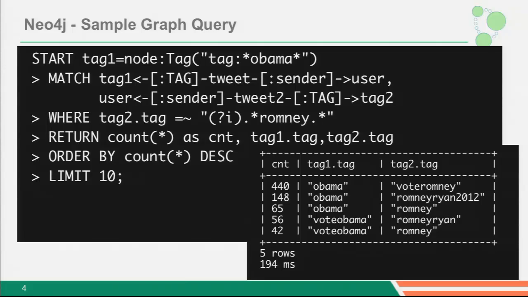Tags appearing in tweets from the same user, but which kind of tackle different domains. In this example that I created for Mark for the keynote, you actually search for a tag that contains Obama and check if those people also tweeted about things which they tagged with Romney. So that's an example for doing that. And it shows something like regular expression support, aggregation, the count star in aggregation, ordering and paging as well. So which is all possible with the query language. And which is already a four-way join, or would be a four-way join in a relational database.